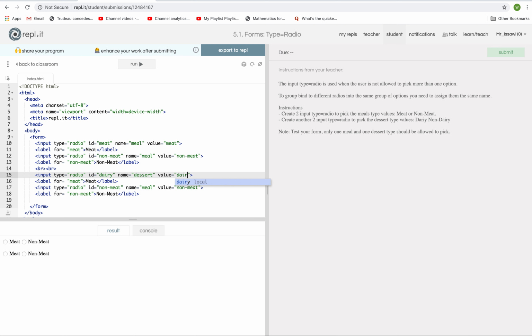It's not a meal, it's part, you know what, let's make a mistake and forget to do that. We'll make it for non-dairy. Non-dairy. It's a lot of extra writing of the word dairy. Dairy. Let's run this code. All right, so meat and non-meat. Okay, and now for dairy, if I select dairy, it doesn't change my non-meat option. If I change non-dairy,